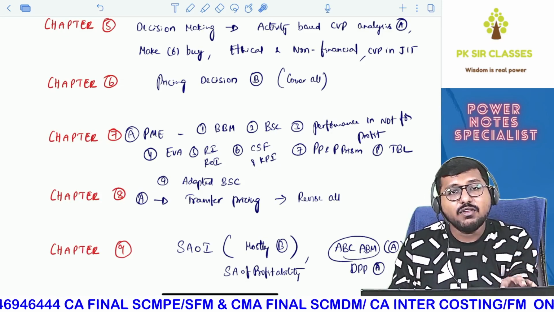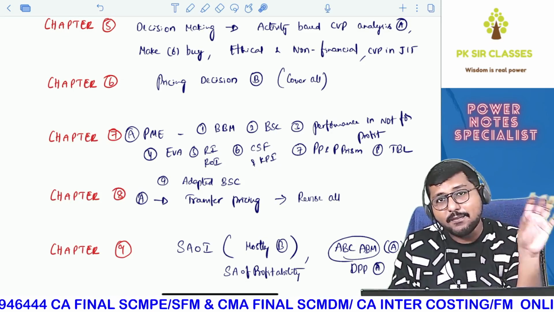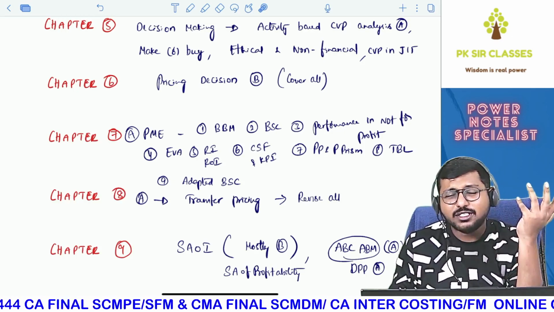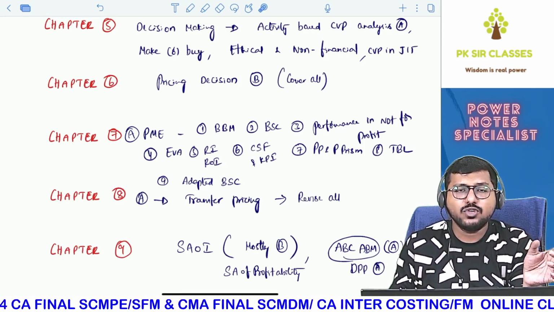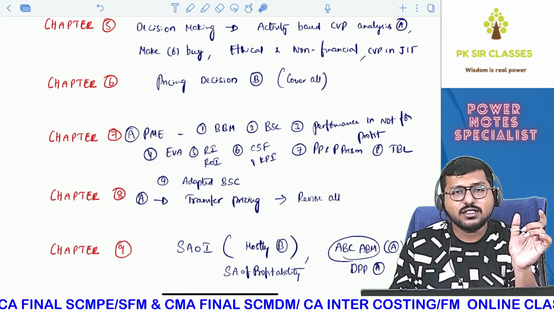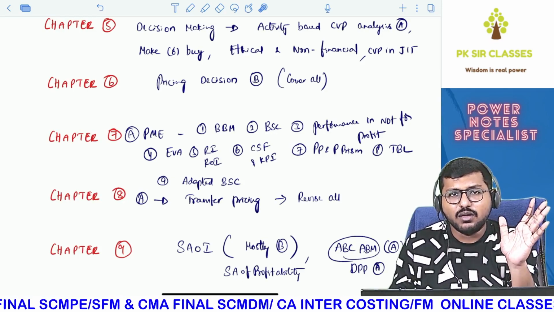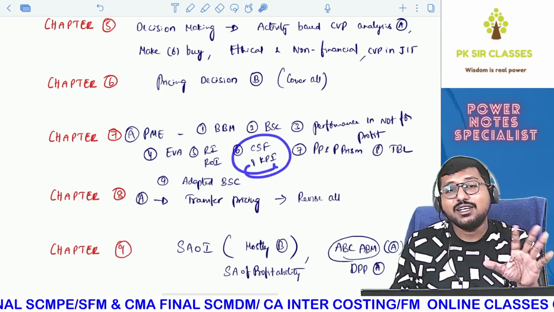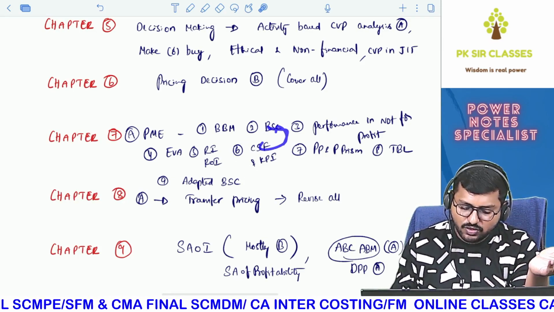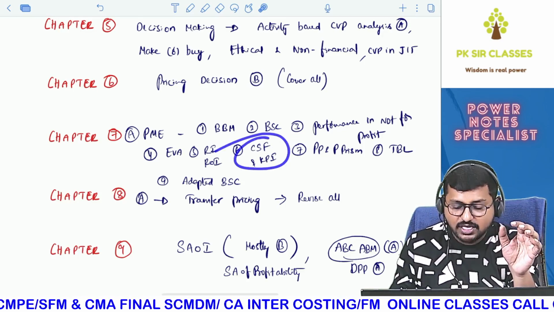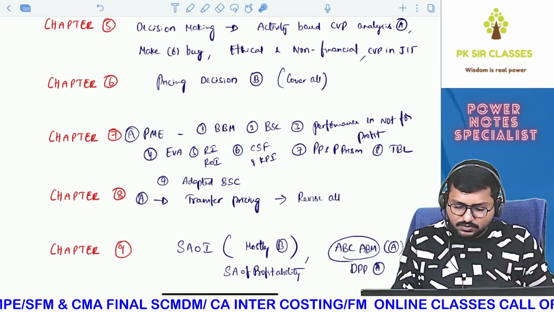But there will be some other question, some other case study, some other chapter where they'll be linked with CSF and KPI. He'll just ask you to write some 4 critical success factors and write equivalent KPIs for that particular question. So this can be linked with anything else. It can be linked with balanced scorecard. It can be linked with performance pyramid. It can be linked with anything else. That way, CSF and KPI is important.